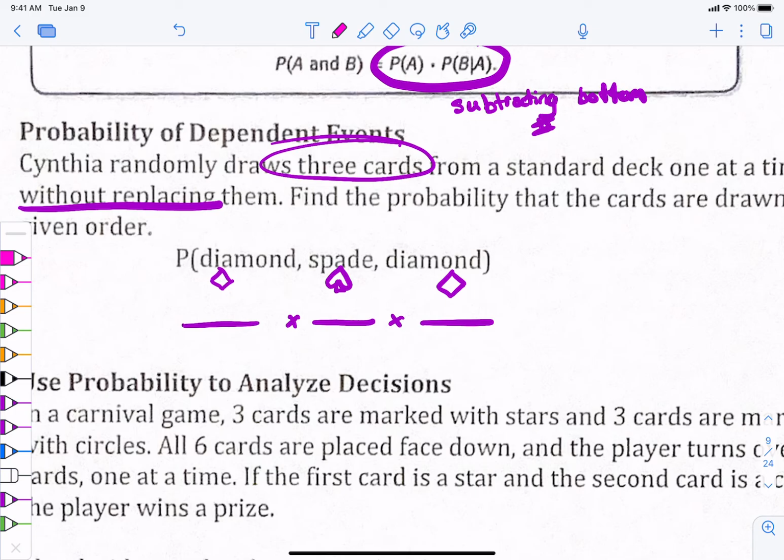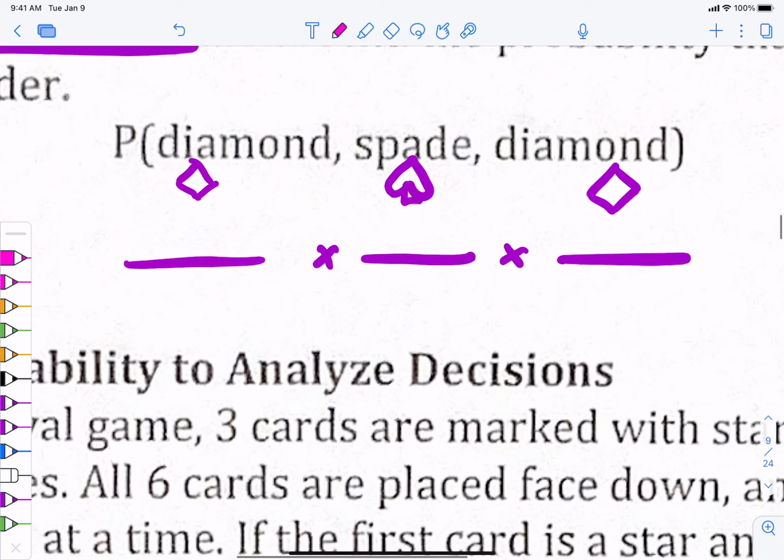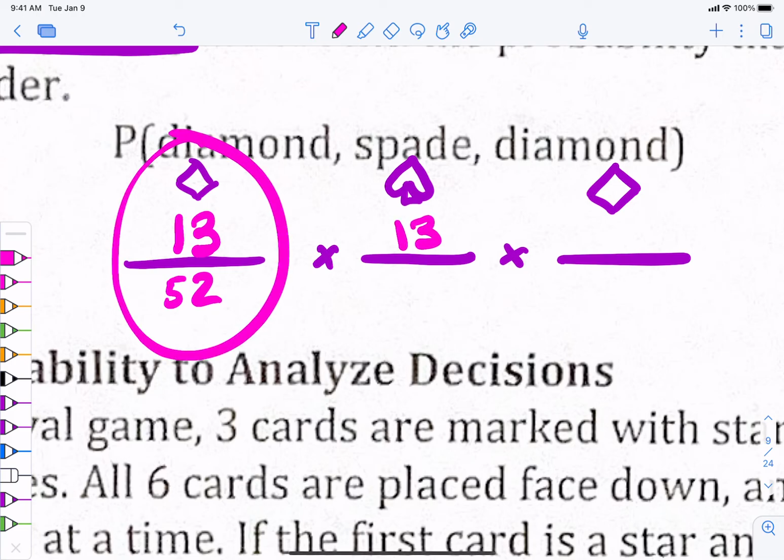Okay? How many diamonds are there in a deck? 13. 13 diamonds. 13 is a suit. 13 out of 52, which we're going to reduce here in a second. Okay? And we are not putting them back. Keep that in the back of your mind. Not putting them back. How many spades do we have in the deck? Still 13, because we're assuming that what we drew here was in fact a diamond. Does that make sense? We're assuming that what we wanted to draw was a diamond. Okay? So there are still 13 spades remaining out of